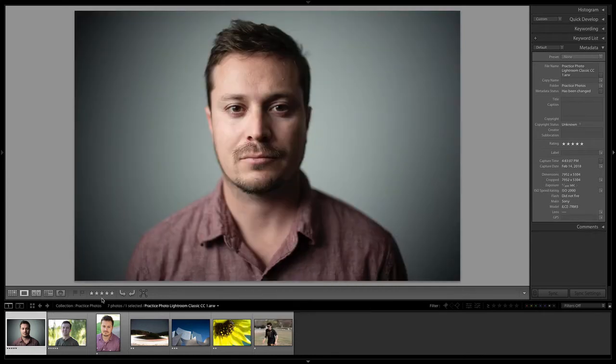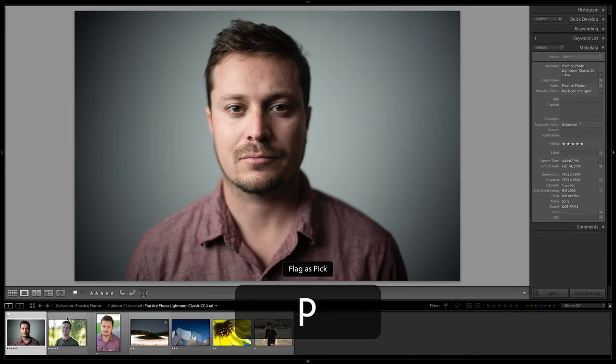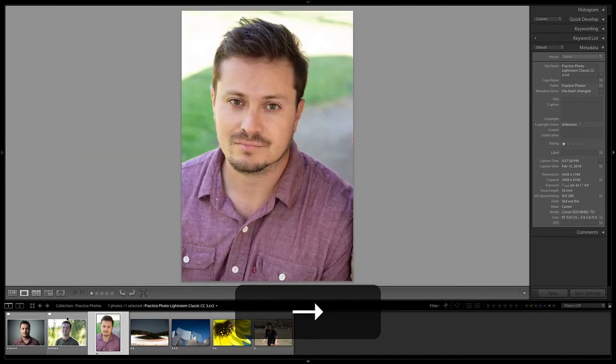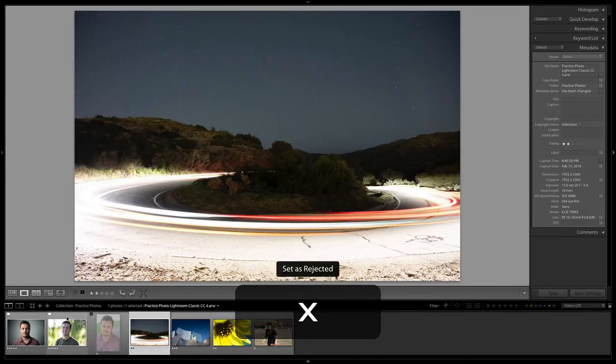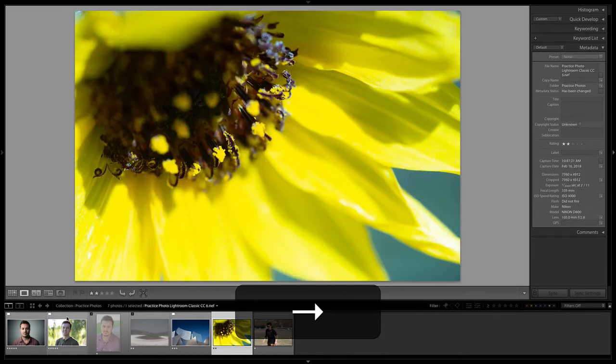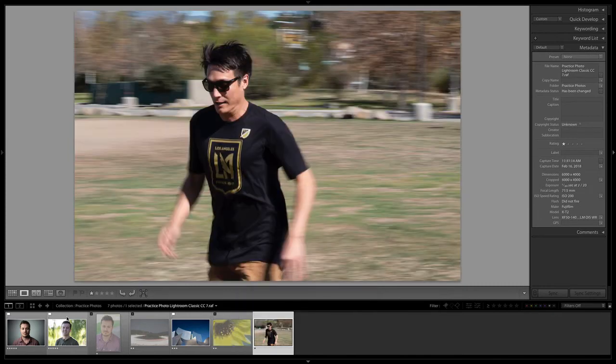At the same time, you could also use the flag rating. So you have these flag or unflag, basically pick or reject. The keyboard shortcuts are P or X. So if instead of using a rating system, you want to just pick or reject, you can do that. So say we do this is a pick, this is a pick, this is X, reject, reject. This one is a pick, this is a reject, and then this one is a reject as well.